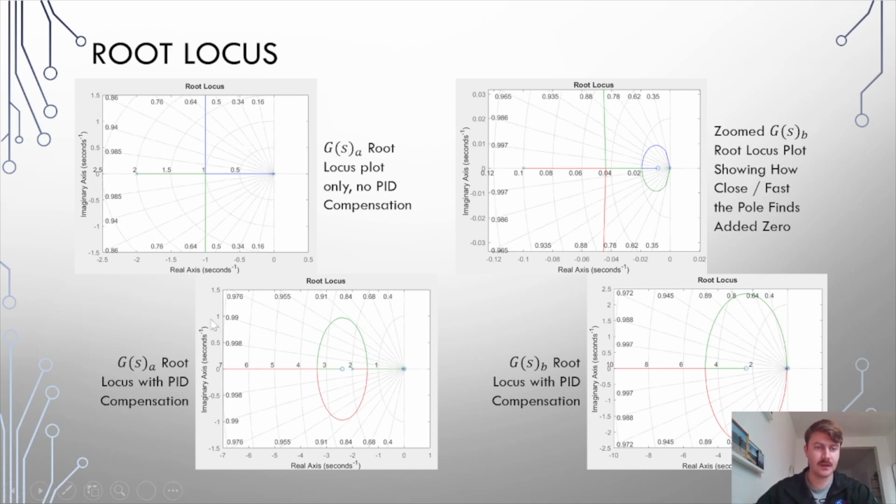And after the PID has been added, you can see that this is no longer the case. There are extra zeros, sorry, for each of these poles to find, and with that, a faster response time. In fact, so much so that I used the second transfer function to show this, because this one was the more unstable transfer function to start with. If you zoom in, this little thing that you just see as a 0,